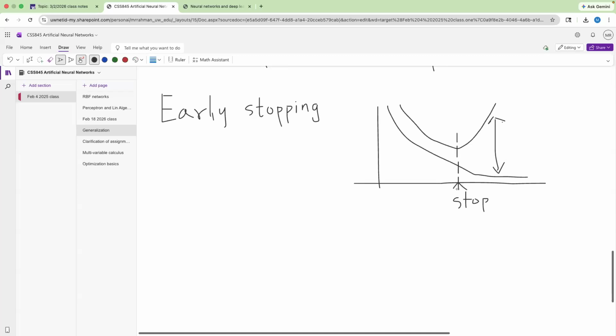So with early stopping, we can try to prevent overfitting and have better generalization. Right, so that's a common technique. How do we actually do this in practice? In practice, you would run multiple experiments where you try stopping at different points and see